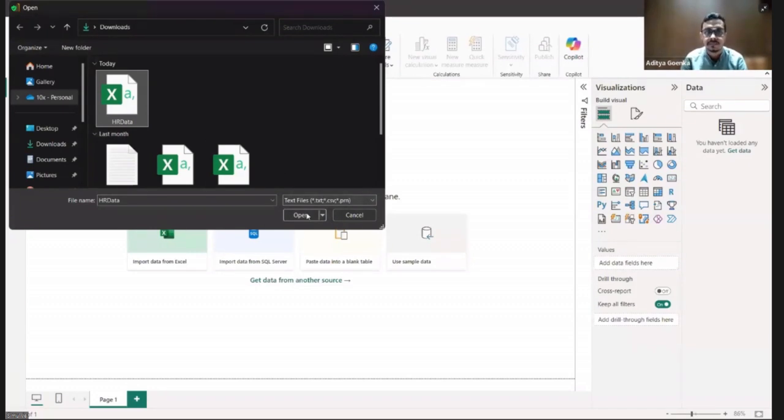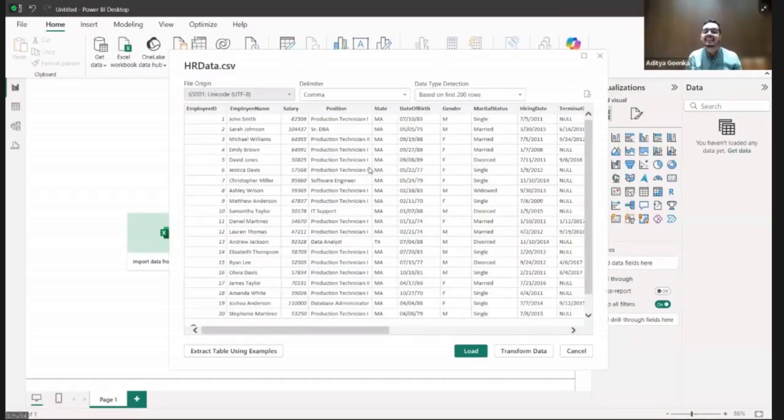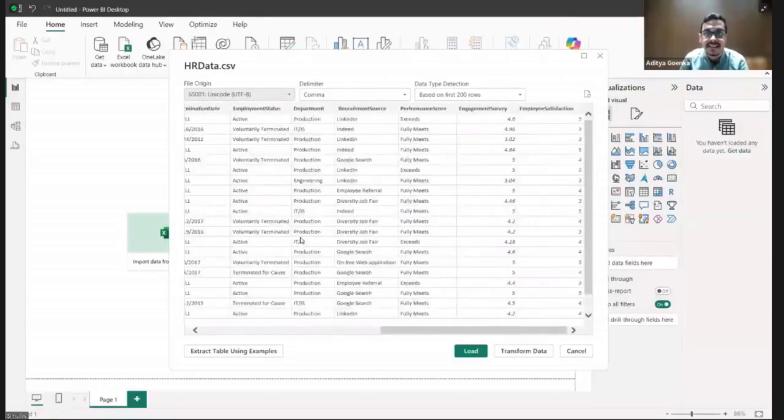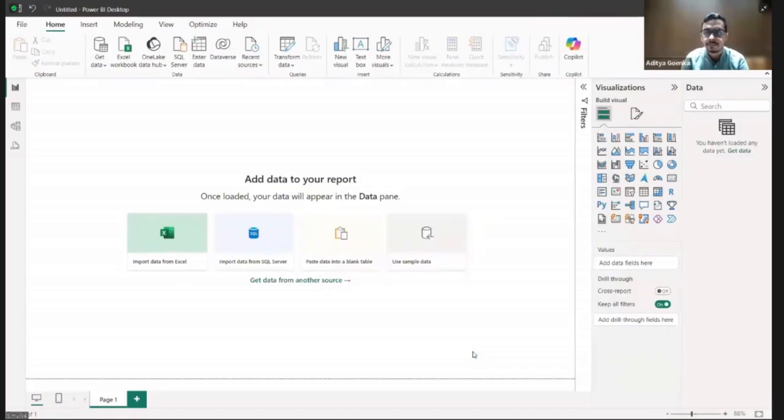So HR data is the one. Okay, so I'll choose HR data over here and I'll click on open. Once I do that, you will see that the Excel file is being connected to the Power BI window, and you will have something like this, exactly as we saw on our Excel file right there in front of your screen. Now, what do you need to do over here? Simply click on load.